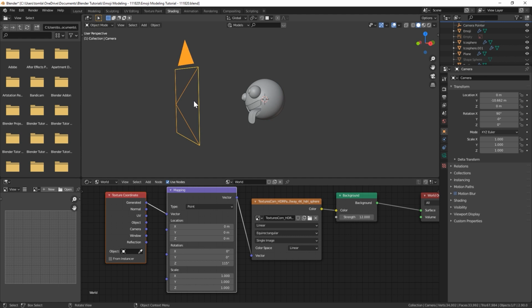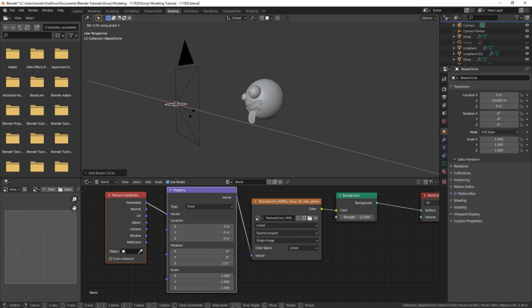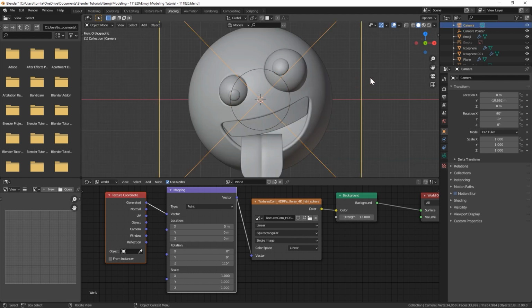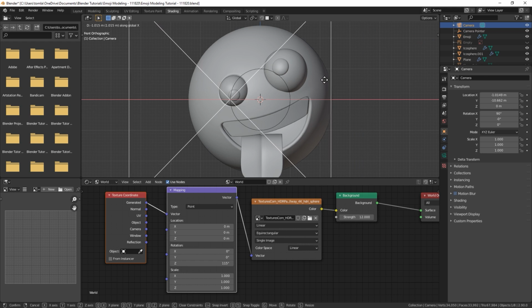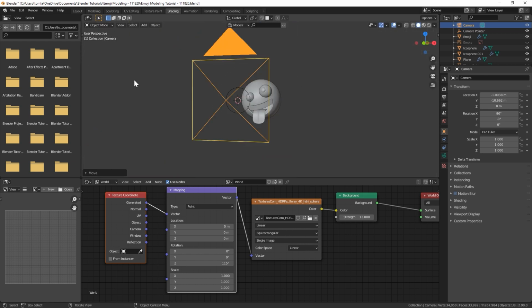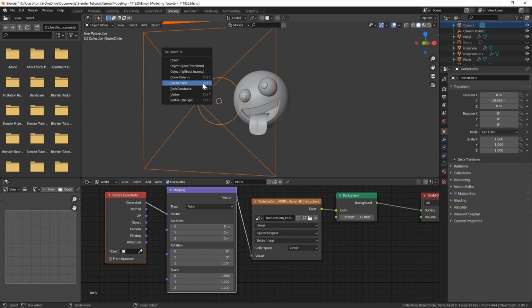Next, I will select my camera, Shift S, cursor to selected. Let's bring in a curve circle, rotate that on the X by 90, hit Control A, apply rotation. And now we're going to select our camera and move it along the X so it's basically on the outside of the circle. And then with our camera selected, hit Shift and click on the curve and hit Control P,